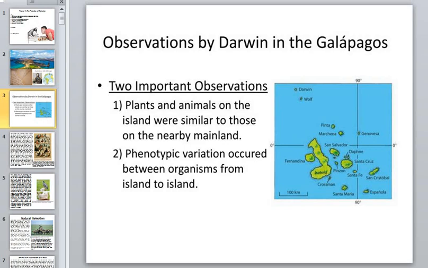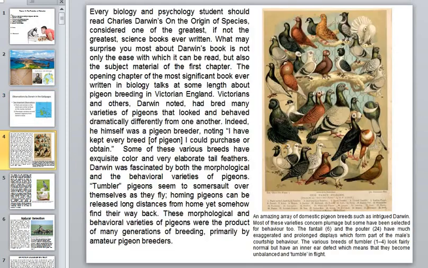And what we have, observations by Darwin in the Galapagos, a lot of islands, as you see, and two important observations: plants and animals on the islands were similar to those on the nearby mainland, and phenotypic variation occurred between organisms from island to island. And what we have more information about the book,